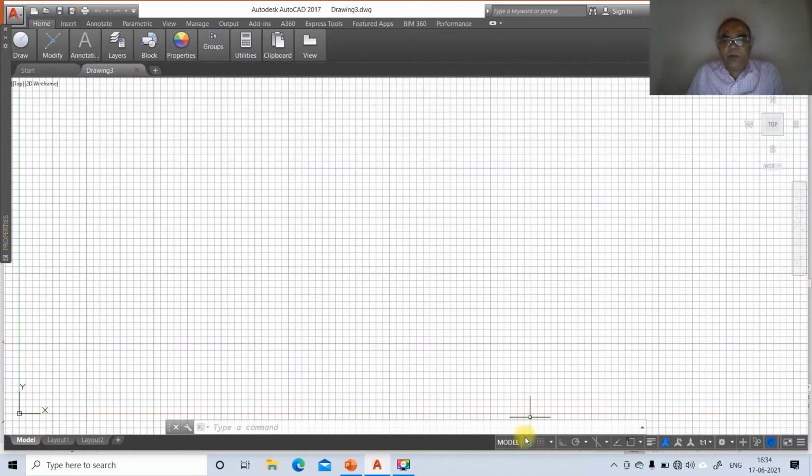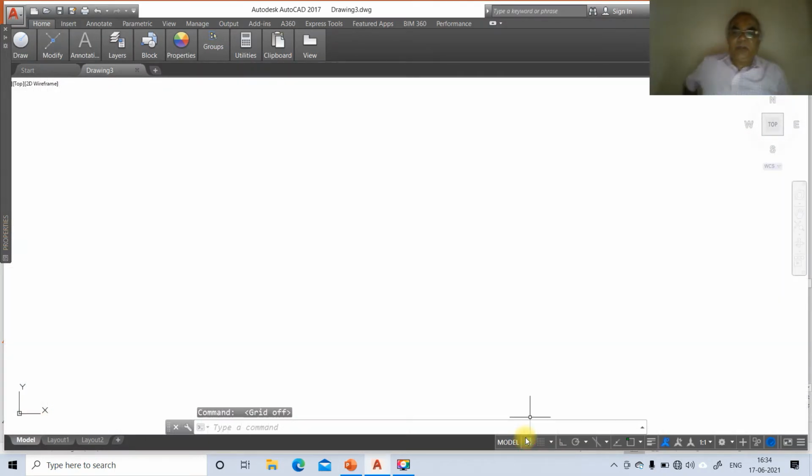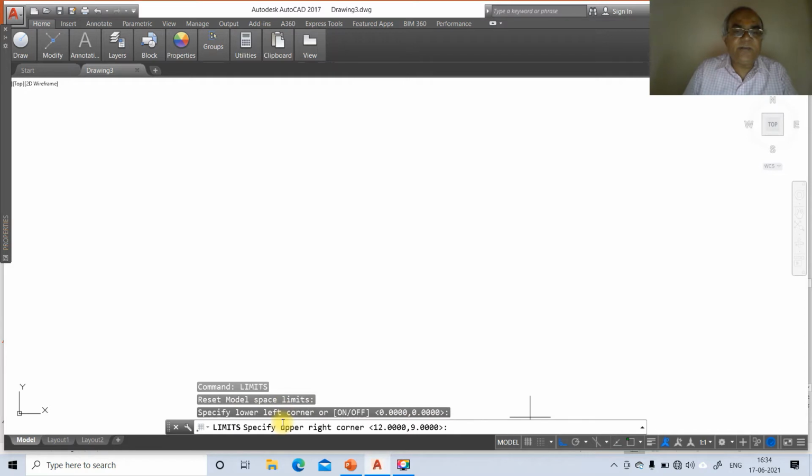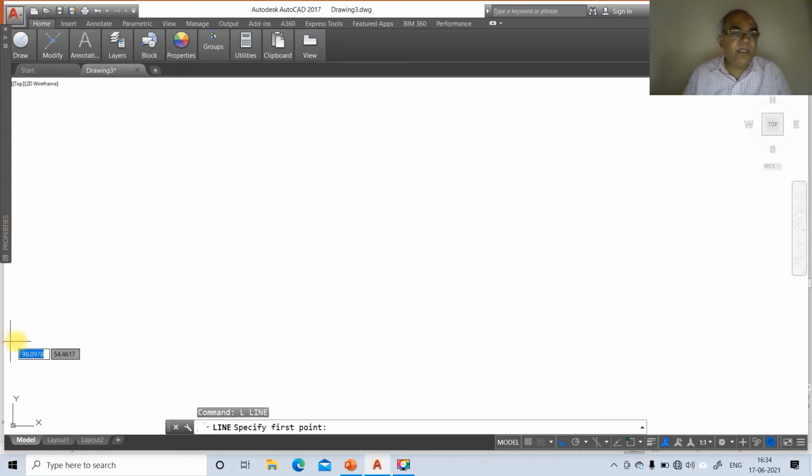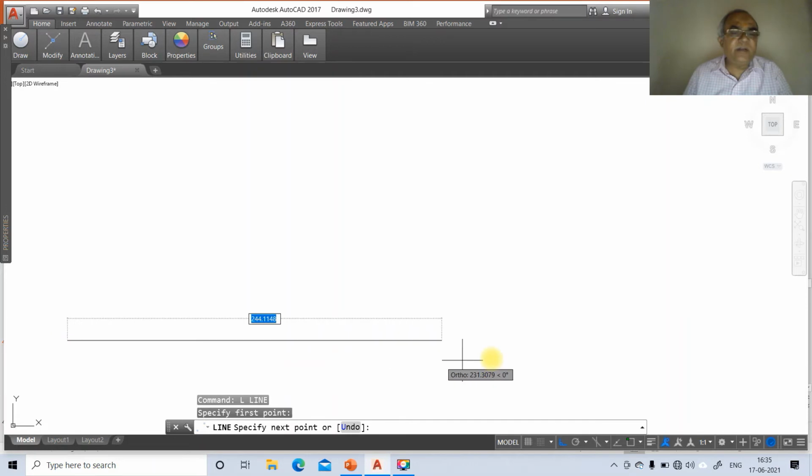Now switch off the grid mode and switch on the ortho mode. Now we will first set the limits of the drawing. First we'll go to the limits, specify lower left corner 0, 0, upper right corner 297, 210, then go to zoom all, then go to line, select some arbitrary point, click on the first button of the mouse and drag